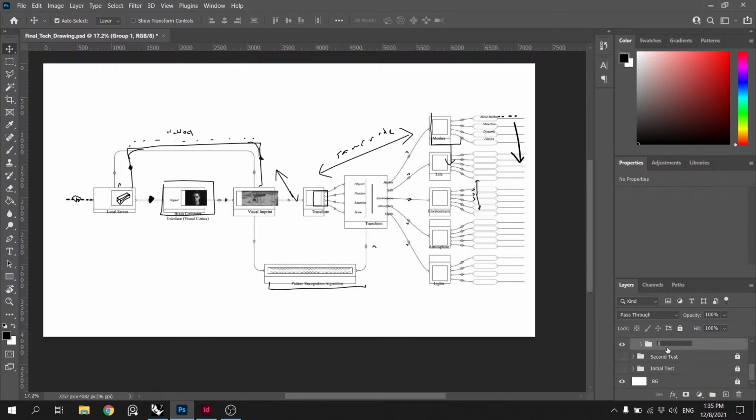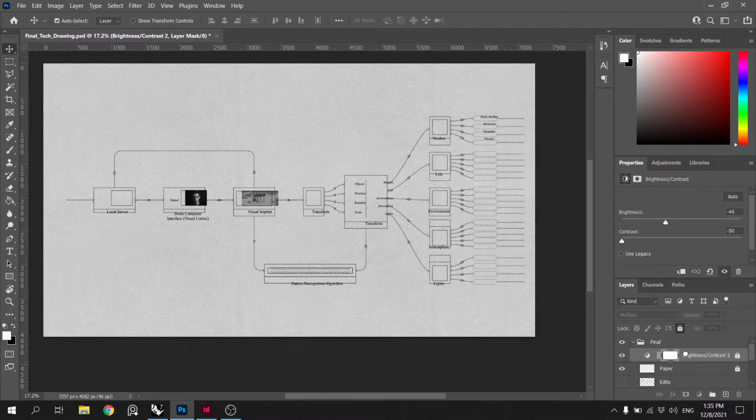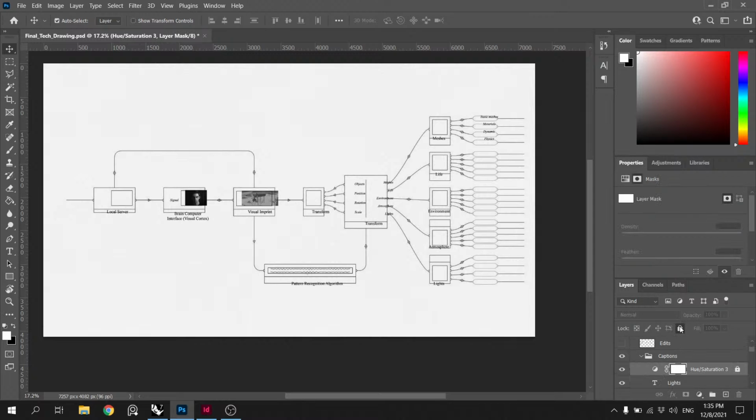These are images. Papers on top. You can hide our edits layer, and then we can put here. Take out a caption. We gotta unlock that layer.